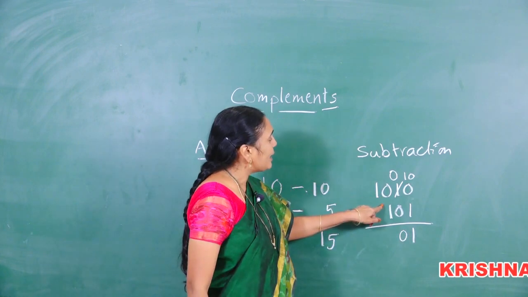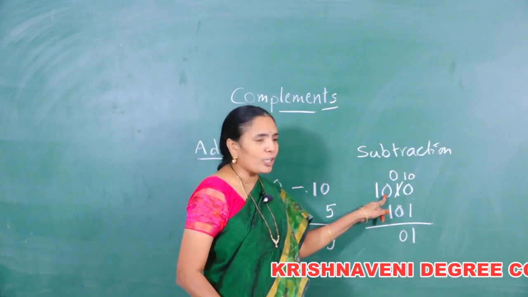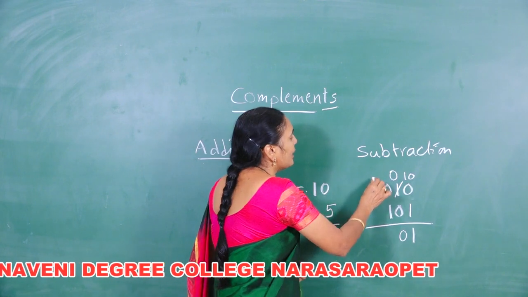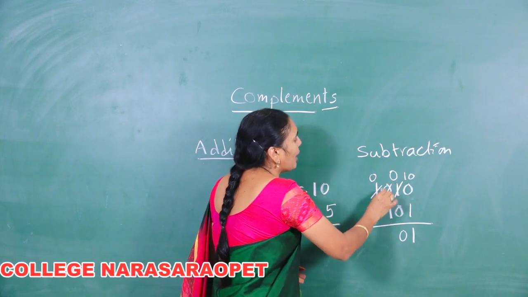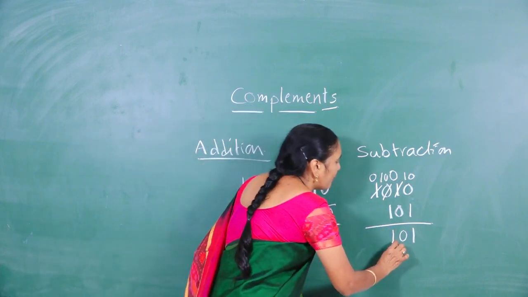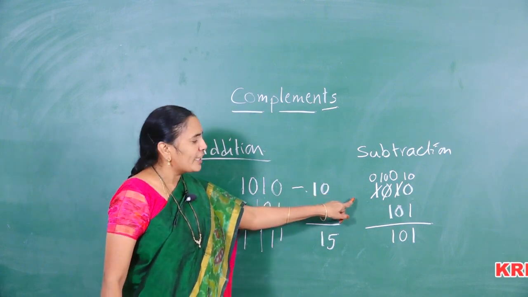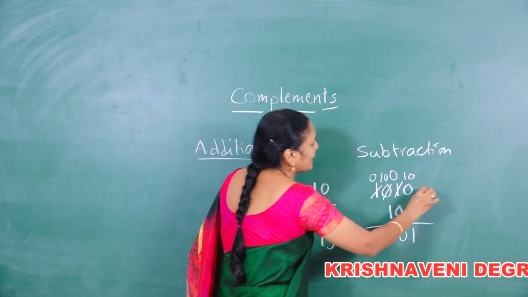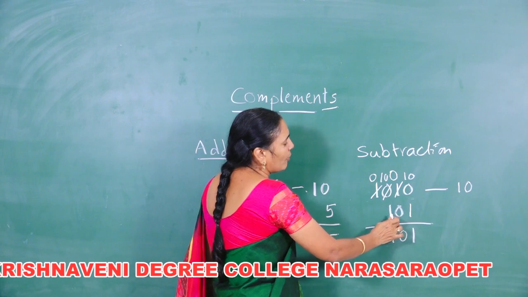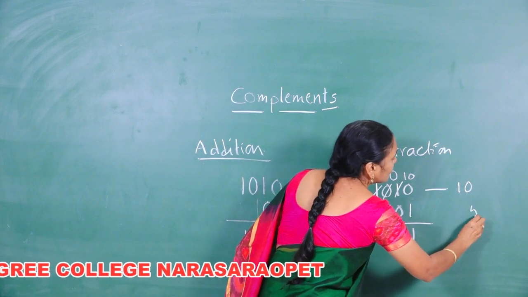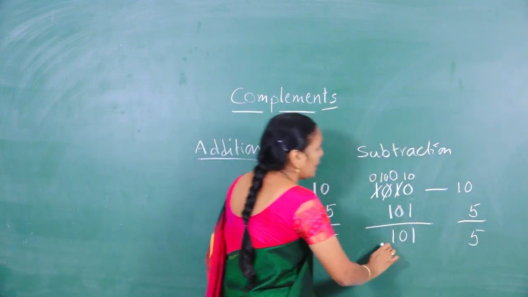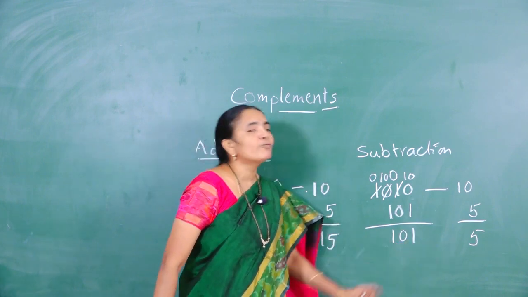Now again, once again you have to subtract 1 from 0, which is not possible. We will borrow 1 from the previous digit. That is, here now it will become 0 and the value of this 0 becomes 10. 10 minus 1 will become 1. Now, let us verify whether it is a correct answer or not. We have said that the value of 1010 in the decimal notation is 10 and the value of 101 in the decimal number is 5. When I subtract 10 minus 5, the answer is 5. So, the decimal equivalent of 101 is 5.